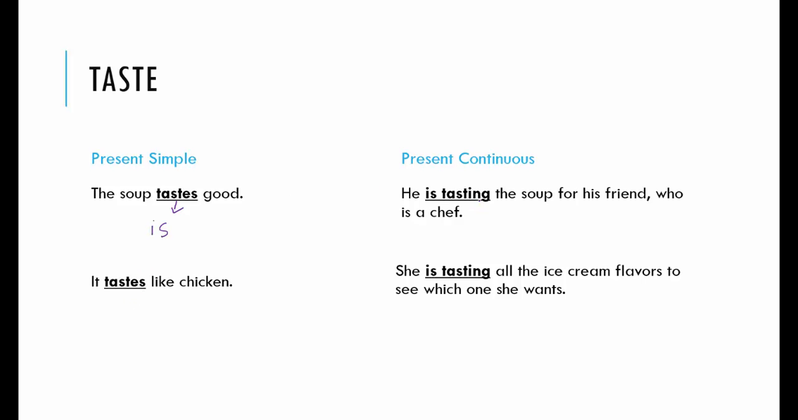In the present continuous, this is an action. This means that you're putting it in your mouth and using your tongue to actually identify the taste. You're tasting it. You're trying it. You are identifying the taste. Like it's on your tongue, in your mouth, and you're like,